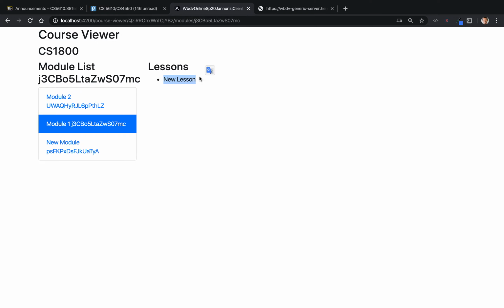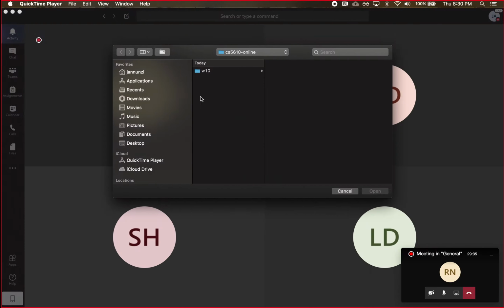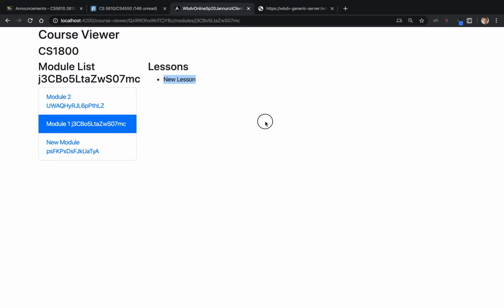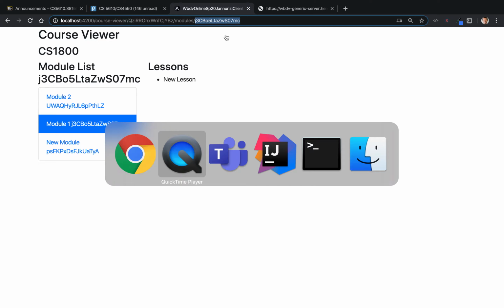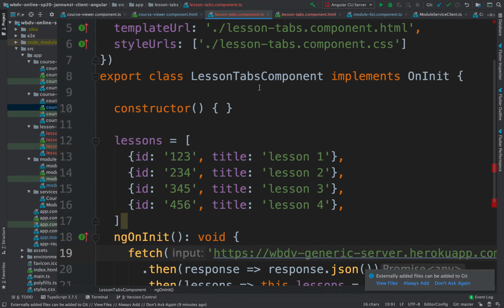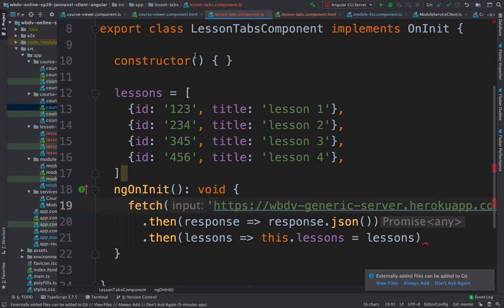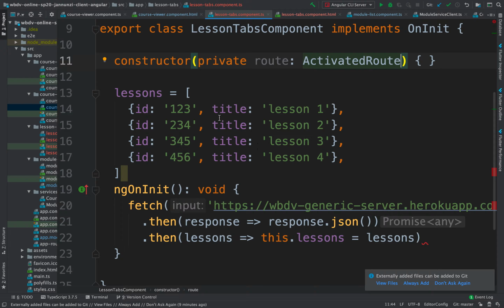We're displaying a list of lessons for a particular module that we hard-coded in the URL, but that we encoded in the code. Instead, we want to grab the ID of the modules from the URL. So to do that, what we're going to do is use the activated route service that we have been using all along. We can declare a local route variable that is of type ActivatedRoute, and then this we can use